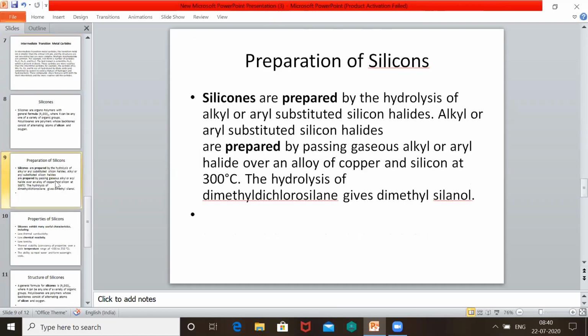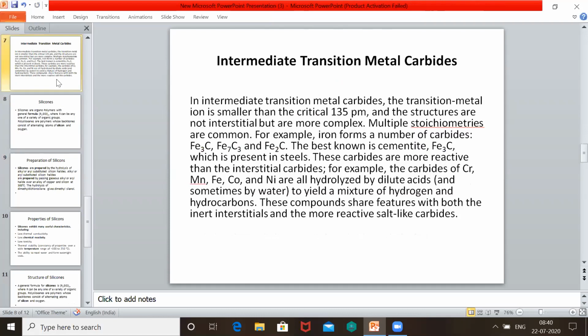Then we have transition metal carbides. The fourth type is metallic carbides. So here metals means only transition elements, not the 4th, 5th, 6th group, but the 8th group and higher groups, such as iron, cobalt, manganese, nickel. They form metallic carbides because the interstitial space is less than 135 ppm. If the space between two atoms of a metal is less than 135 ppm, they form metallic carbides, or otherwise they form interstitial carbides. So these are two, or one type, that is metallic carbides.